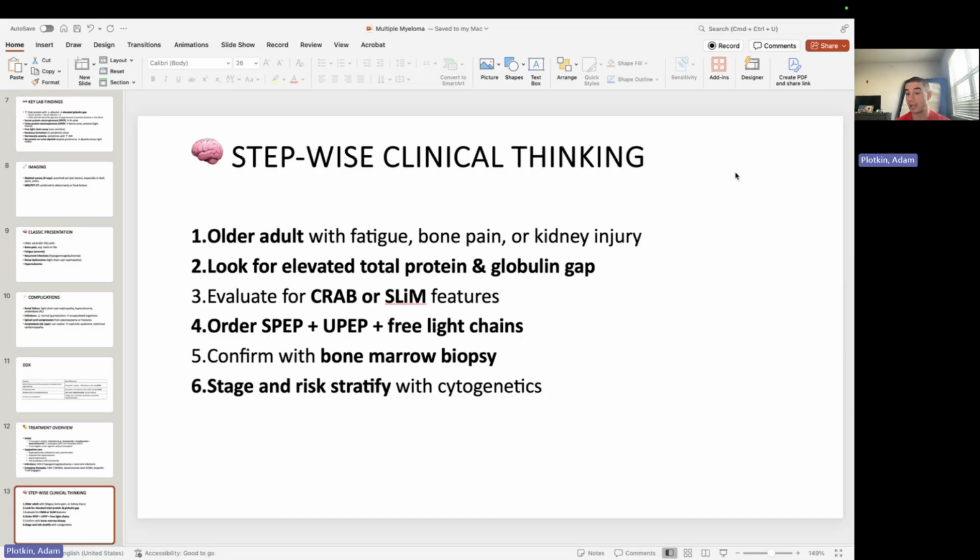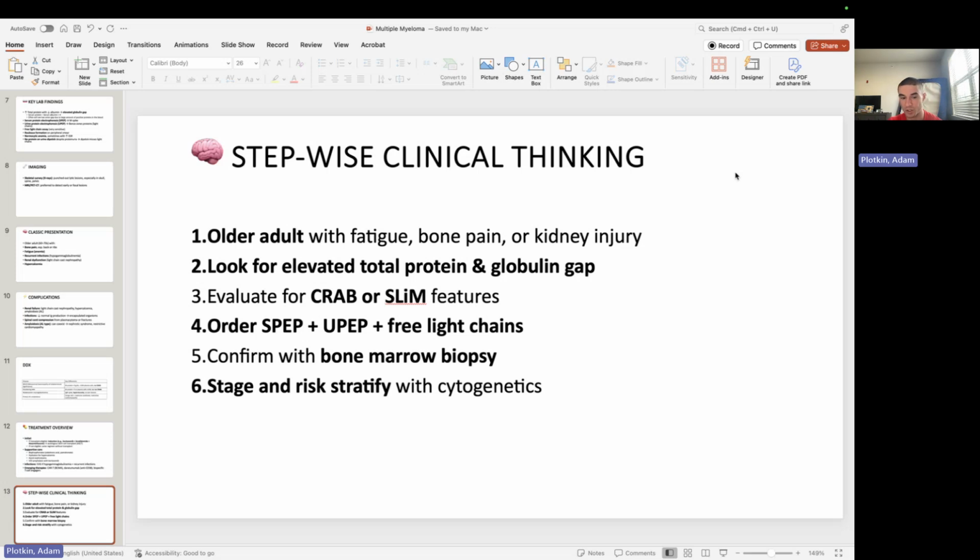We have to consider it, but again, it's usually an older adult with fatigue, bone pain, or kidney injury. We look for the elevated total protein and that gamma globulin gap. They might have a low or negative anion gap. We'll look for their CRAB or SLiM features. And then if they meet some of those, that's when I would consider ordering SPEP, UPEP, free light chains